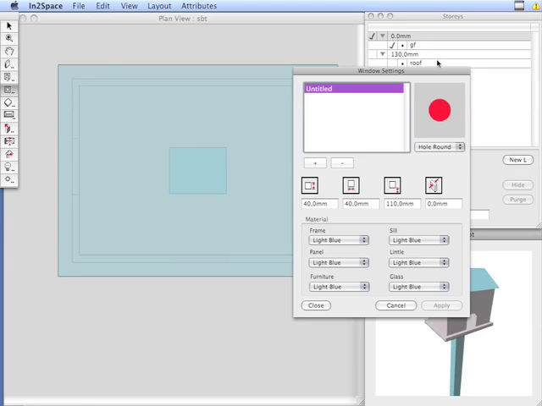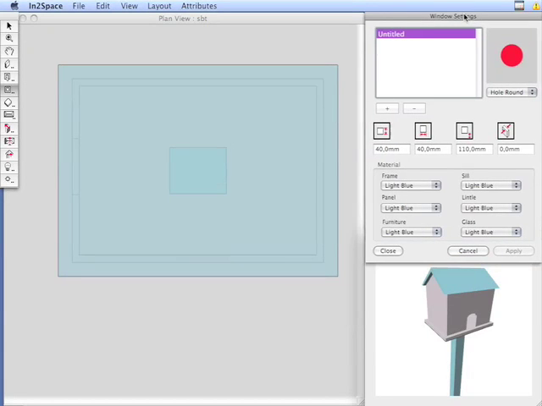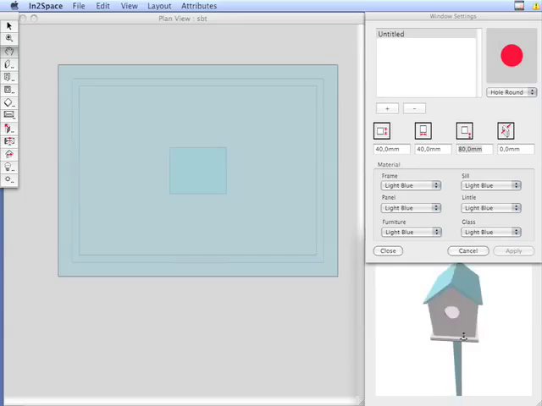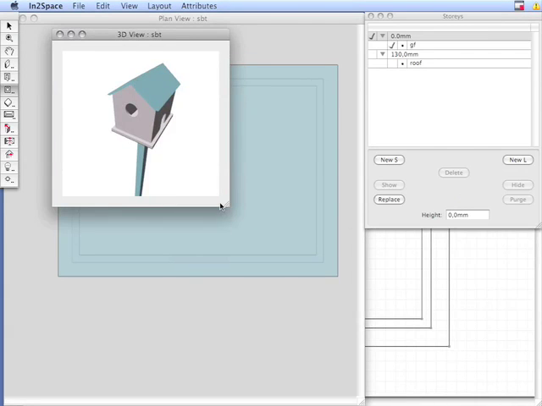The same feature is within the window insert tools. In this case it's a round hole, and by clicking in this position you can see that highlight. We have a round hole. I'm going to take that down a little bit, and there we have completed Susan's bird table. Let's bring the 3D view